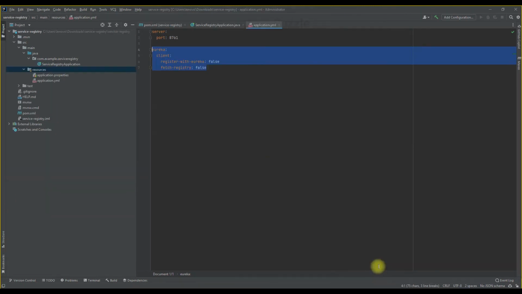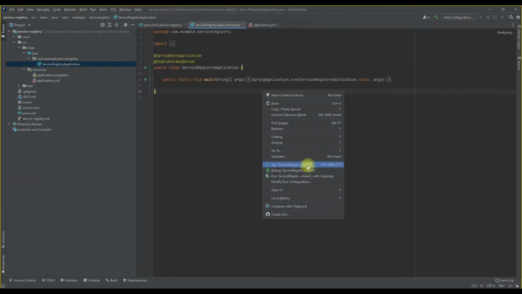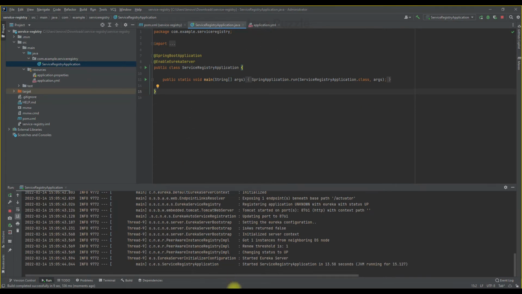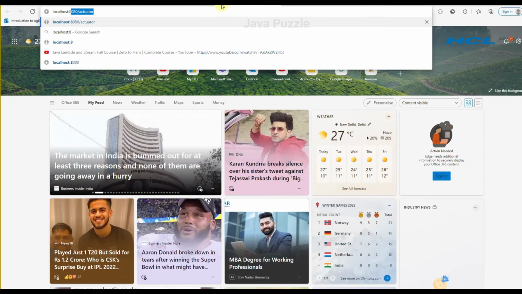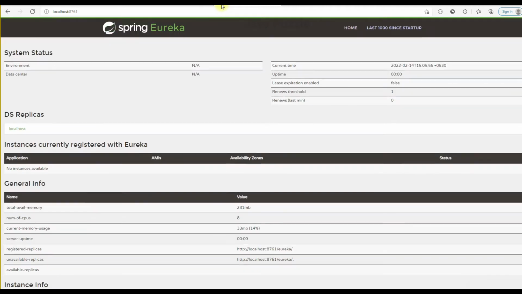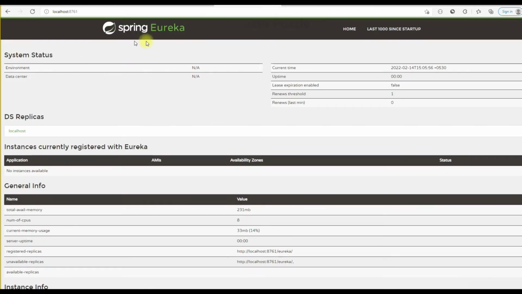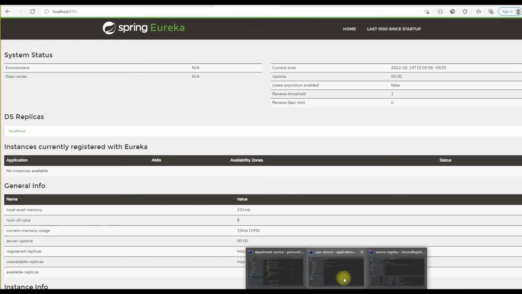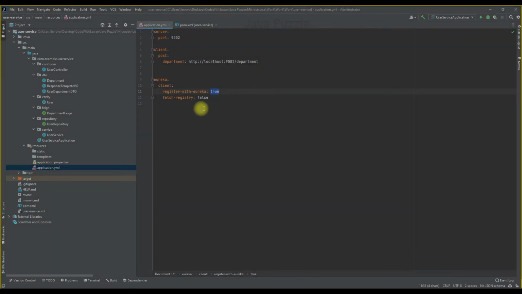Let me show you. Firstly, I will run this application, the Spring registry, at 8761. So this is the Eureka dashboard, the Spring Eureka. Whenever we register our application, you will see the application shown here. So let's move here. I pasted it and made it true.